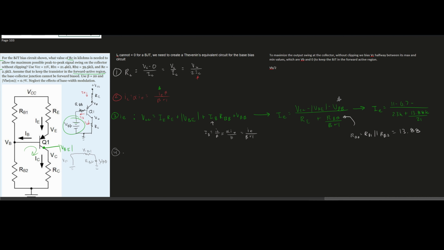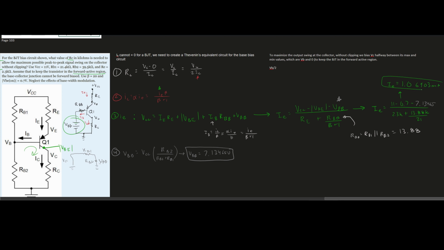Now we need to solve this. So VBB is going to be equal to our VCC, which is the source, multiplied by our resistor that is over, which is RB2 over RB2 plus RB1. And so we are going to plug in our values for the VBB. And this is going to give us that our VBB is approximately 7.13465 volts. We can now plug it back in here, 7.13465, and then we are going to get that our IE should equal about 1.06903